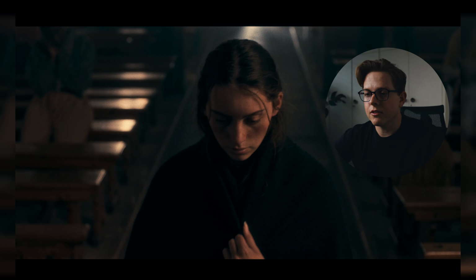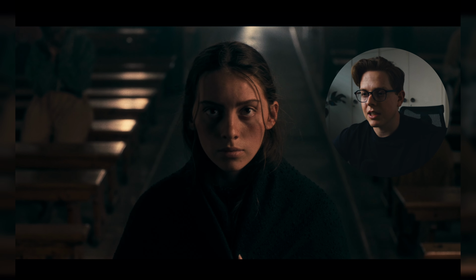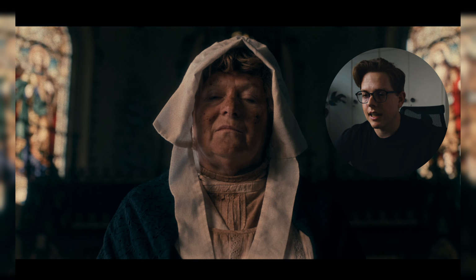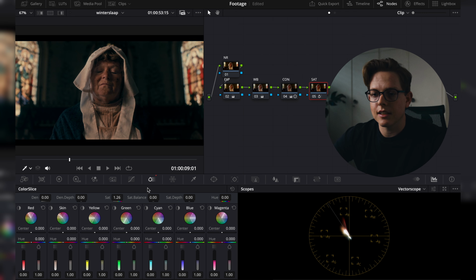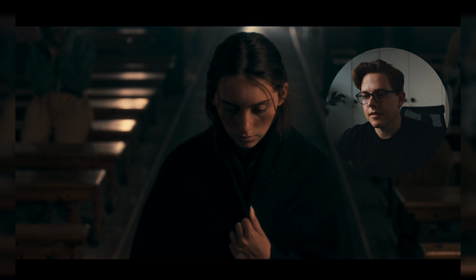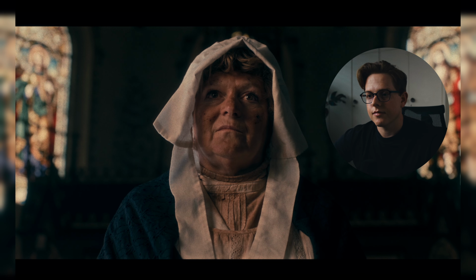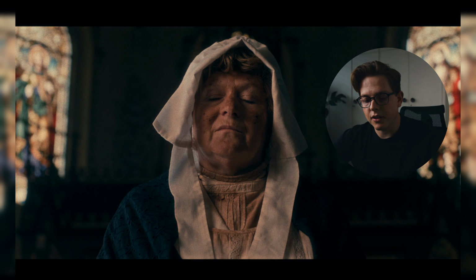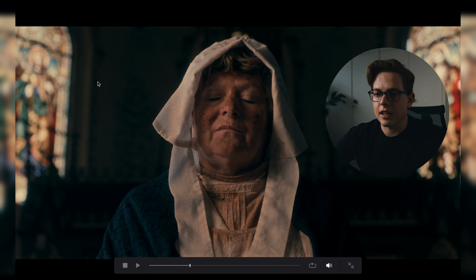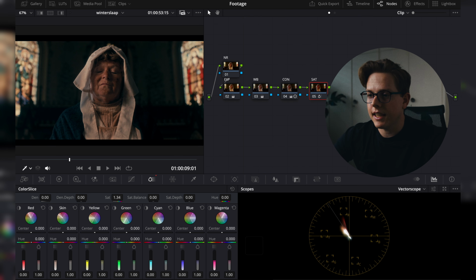So this is the clip before. Let's play it back. Make sure that we're matching nicely. And this clip, I think we could increase saturation in this clip to somewhere around 34. Go back again. And that's looking pretty good. We definitely have a lot more green in this shot, in the shadows over here, and we could affect that by